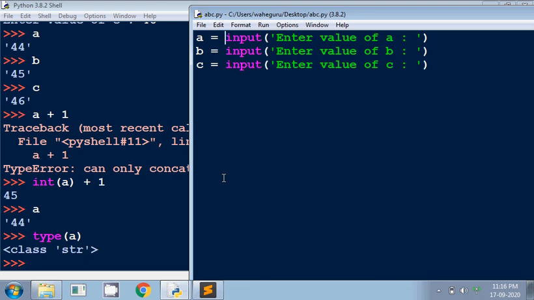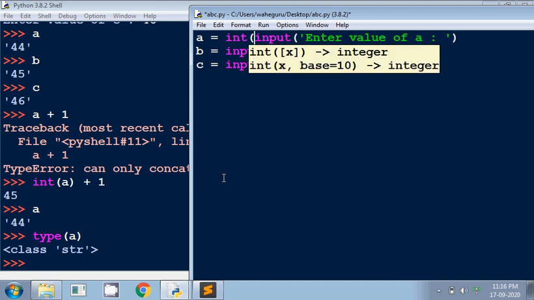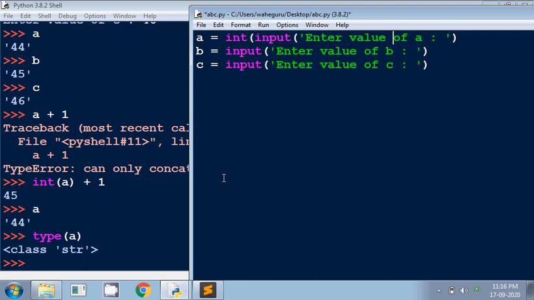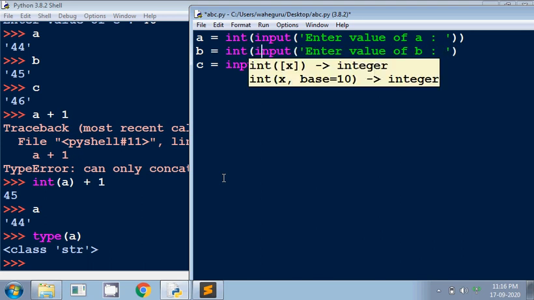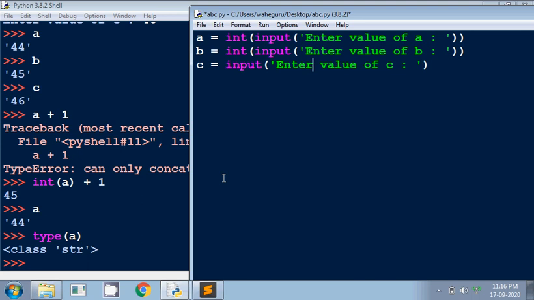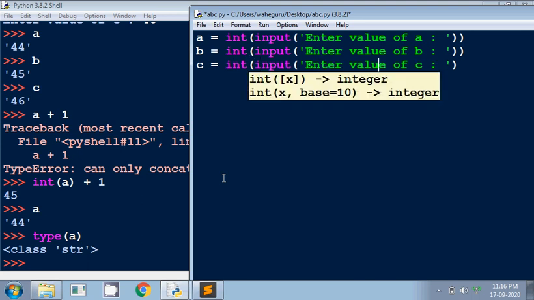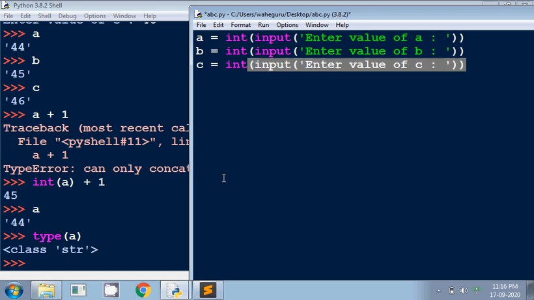I can use the int function right here, and this way it will convert the value here only into the integer format. Okay, so I can do the same thing with other values as well. Okay, so let's save the program and run the program once again.